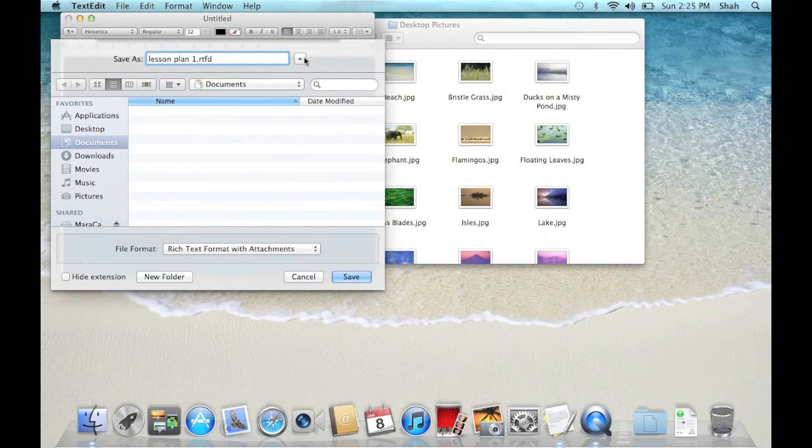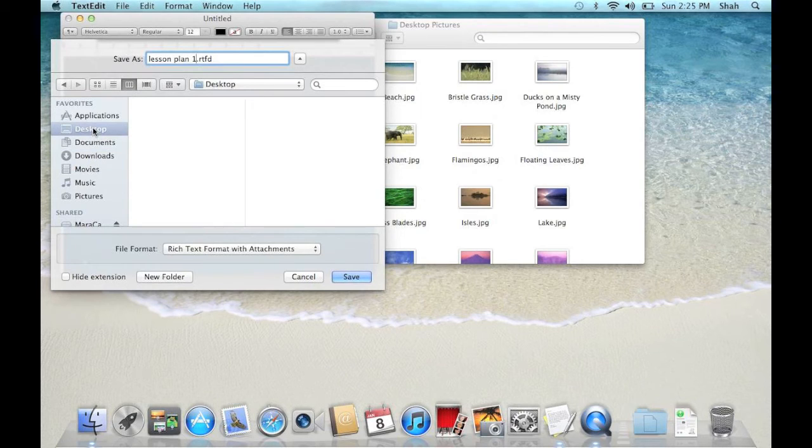Click Column View. Choose Desktop, and you should be able to see your My Stuff folder. Click My Stuff and click Lesson Plans. When I click Save, Lesson Plan 1 will be saved to the Lesson Plans folder.